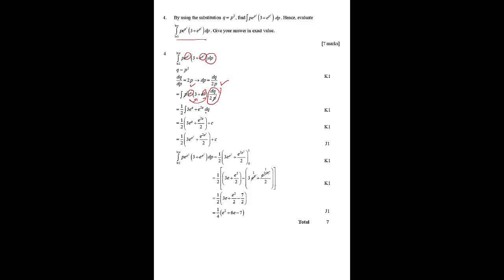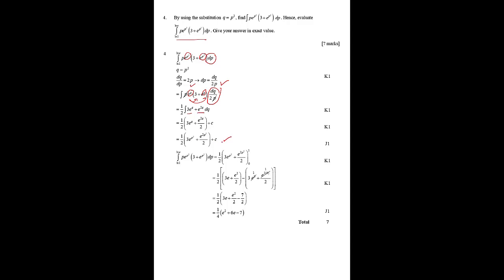Then after that you can integrate separately because you have a function plus another function, and then the expression is in terms of Q only. So we integrate 3e power of Q, you will get 3e power of Q. And e power of 2Q needs to be divided by the coefficient of Q, which is 2. And then plus C